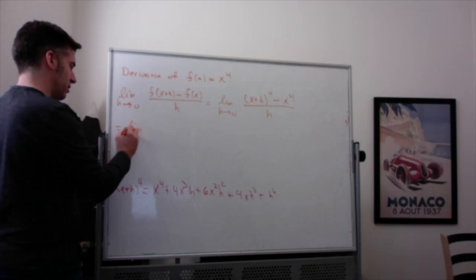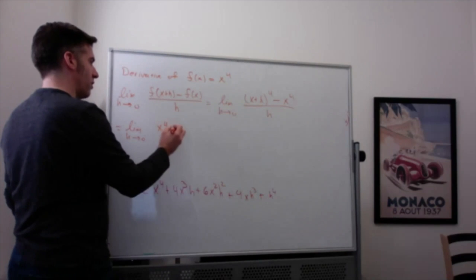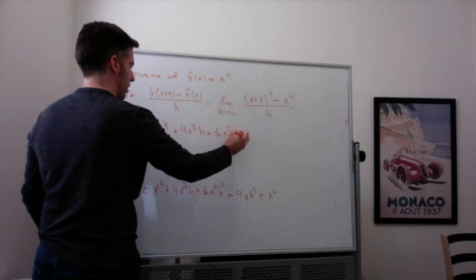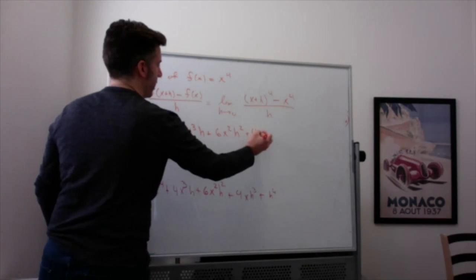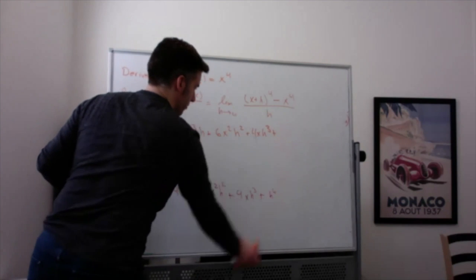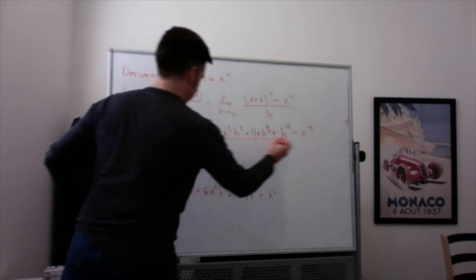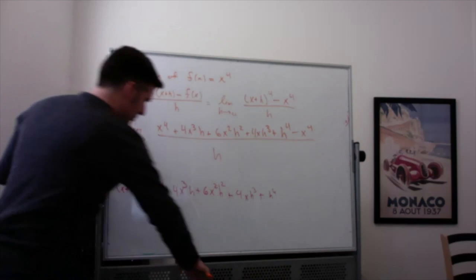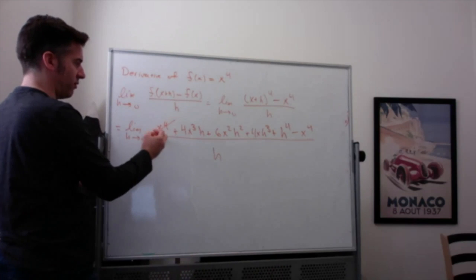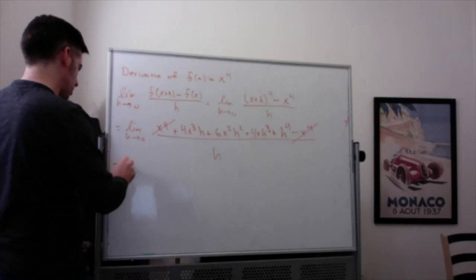Meaning the limit as h goes to 0. Let's see. So this multiplies out as all this. So it's x to the fourth plus 4x cubed h plus 6x squared h squared plus 4xh cubed plus h to the 4th, minus x to the 4th, all over h. I'm going to be a little bit less step intensive here. I'm going to cancel the x to the 4th, and then I'm going to factor out h from the top. So factoring out the h,